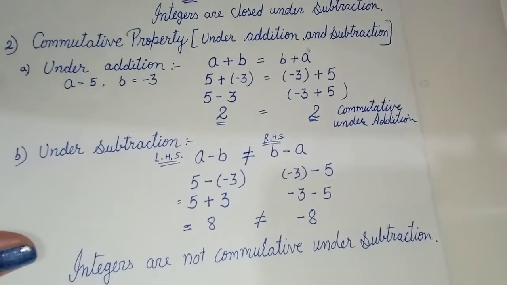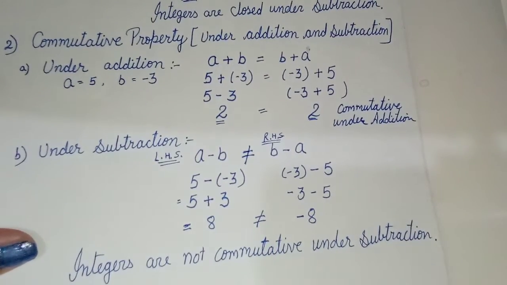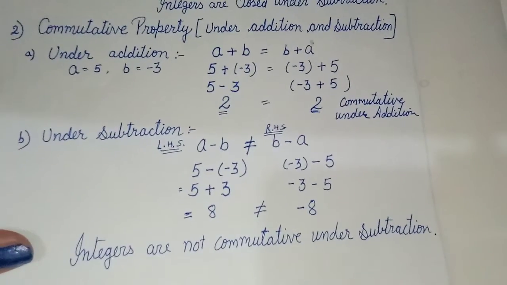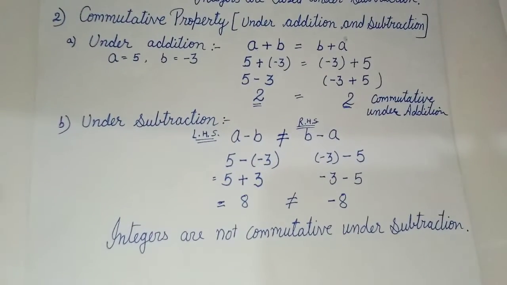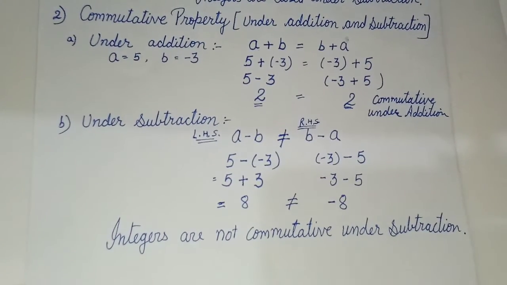As integers are not commutative under subtraction, that is the only reason I told you in the previous videos, when we saw the difference of integers, that their place matters a lot. What is given at the proper place, like subtract this from this, you have to take care of which number to write where. Okay, because it matters a lot. You cannot change the order of the numbers in the case of subtraction of integers, because integers are not commutative under subtraction.